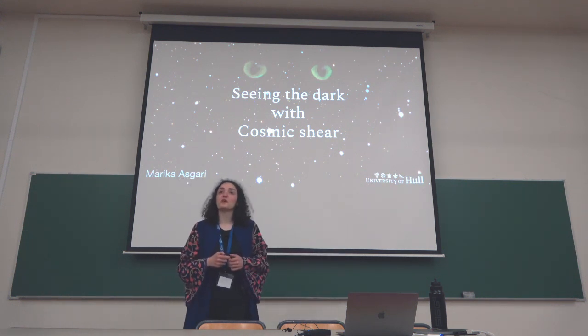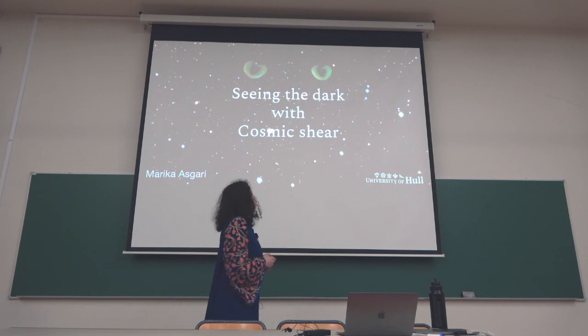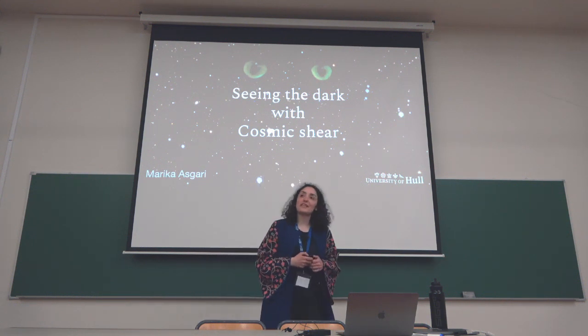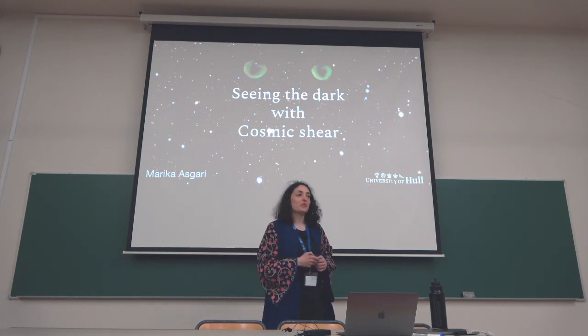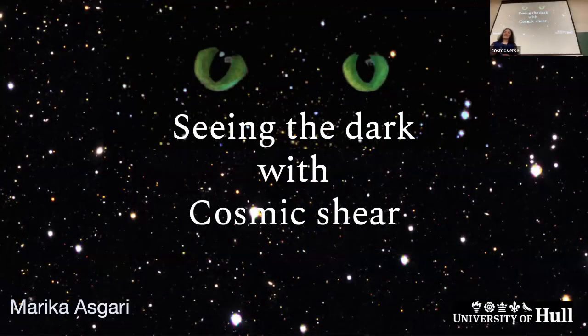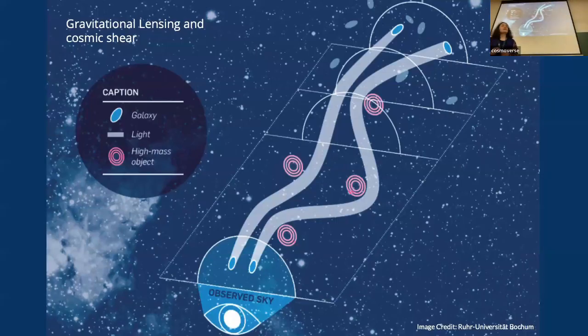So today I'm going to talk about seeing the dark universe through the lens of weak lensing, and in particular cosmic shear. Let's see, what is cosmic shear? So this cartoon here kind of shows how cosmic shear works. You have galaxies in the background and the light passes by massive structures, so this could be your large-scale structures. And as a result of the gravity of these structures, the path of light is bent, and then the images